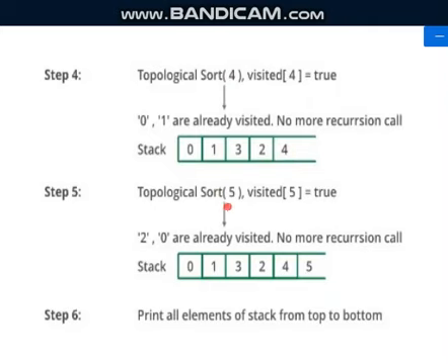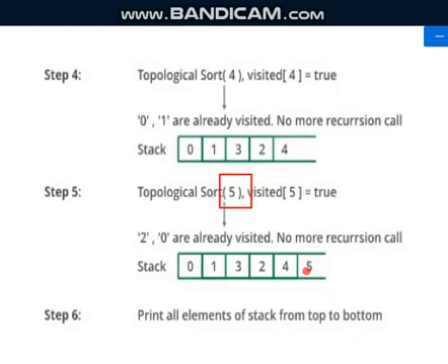Now which is the node which is there at the end? So 5. So now what you will do? From 5 you will see, okay, you have two nodes, 0 and 2. But when you check 0, it is already visited. So it will go back to 5. Then it will call 2. Again 2 is already visited. It will go back to 5. From 5 again it will check for any other node. There is no node. So you will put that 5 to the stack.